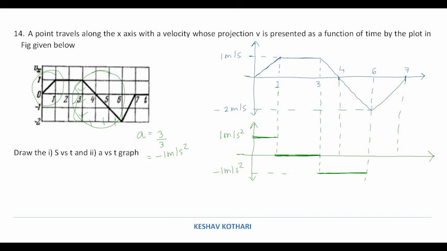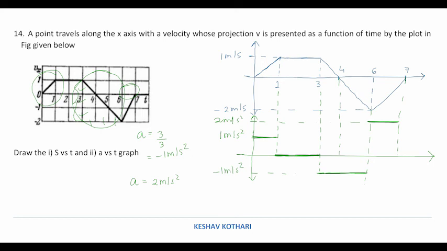Now in this 1 second, the velocity increased by 2. So we can say that acceleration from 6 seconds to 7 seconds is 2 meters per second square and is positive. So we can extend the graph a little to 2 meters per second square. And we say that between this 6 to 7 seconds, the acceleration is 2 meters per second square. So this is how the graph is going to look for the acceleration versus time graph.